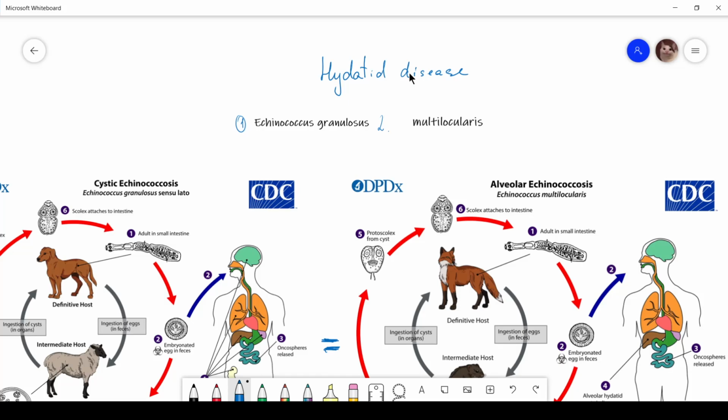Genus Echinococcus. Echinococcus granulosus causes cystic echinococcosis and is the form most frequently encountered. Another species is Echinococcus multilocularis, which causes alveolar echinococcosis and is becoming